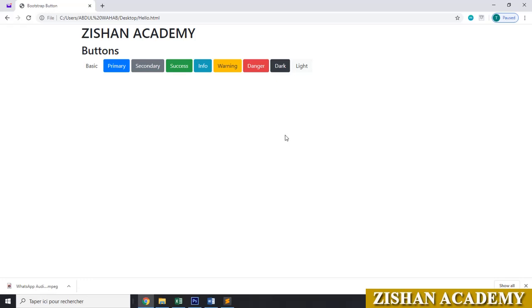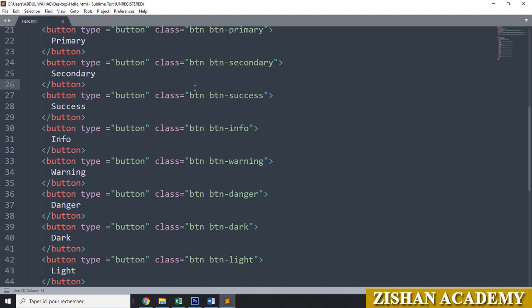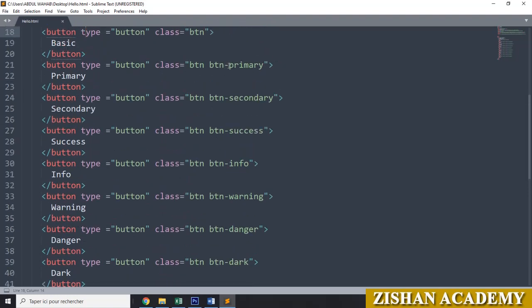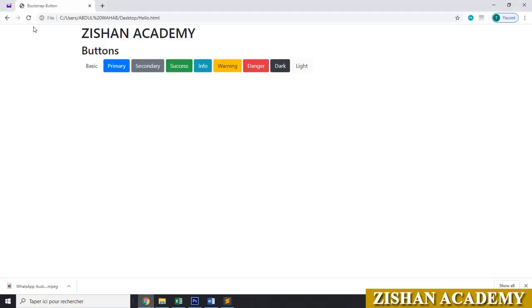You can go for outline button also. For that you have to just change the class in the Bootstrap. Just give it here button primary is there. You can give it here outline and primary. Outline dash primary. Go to file, save the file. Go to the browser, refresh the browser. You can see now we got the outline here. Outline is blue, the primary color. Like this you can make it for all the buttons.